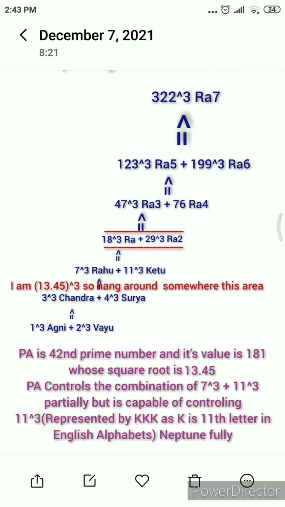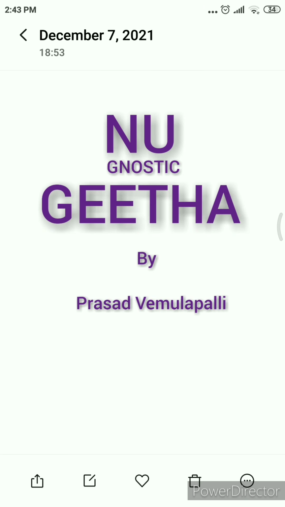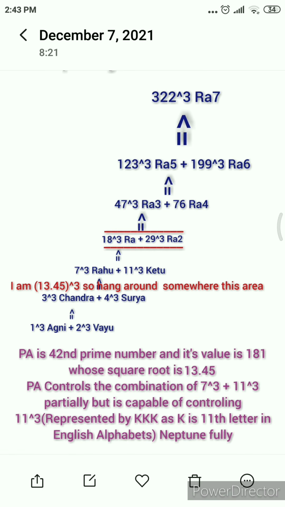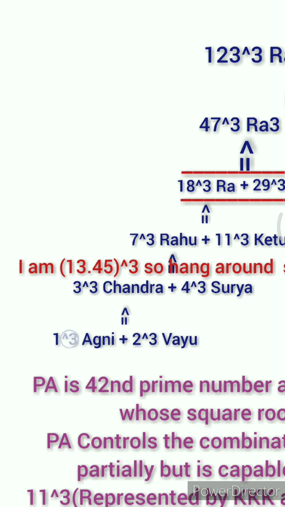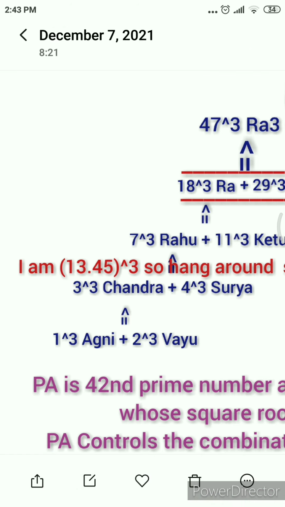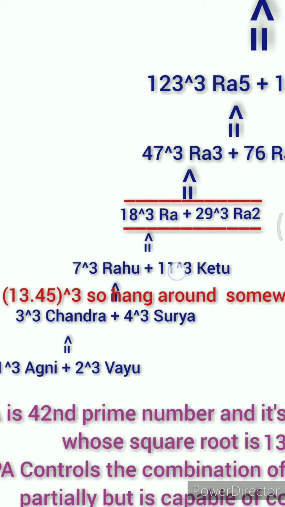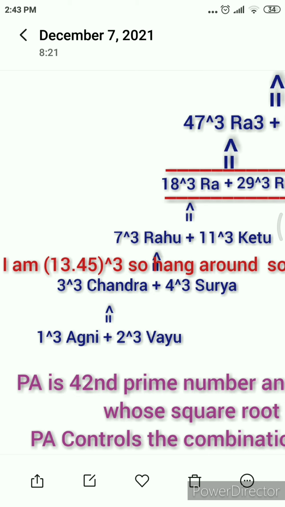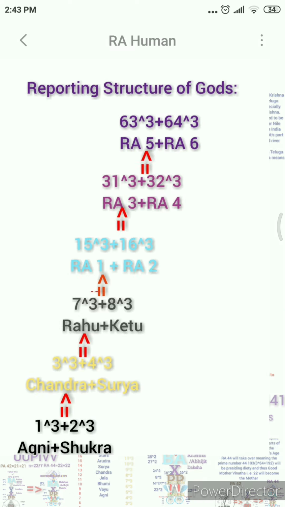After uploading yesterday's video titled New Gita, New Gnostic Gita by Prasad Yamalapalli, I observed that one reporting structure of the gods had a flaw. Here 1 cube plus 2 cube report to 3 cube, 3 cube plus 4 cube report to 7 cube. This should have been 8 cube, 7 cube and 8 cube report to 15 cube. That is how it should have been, so I corrected that, and again I prepared the